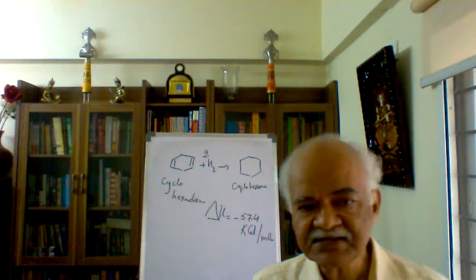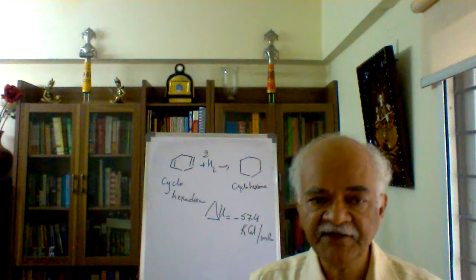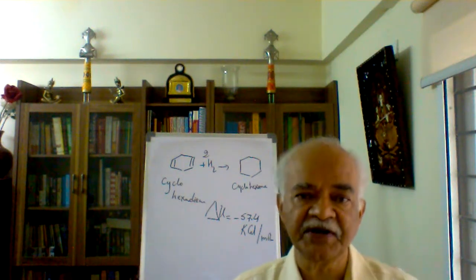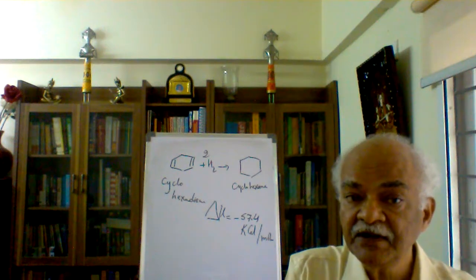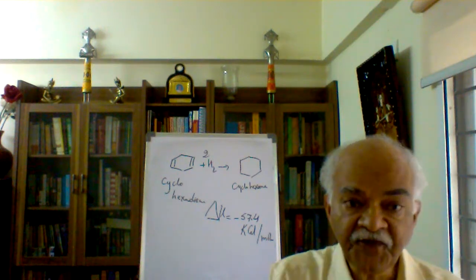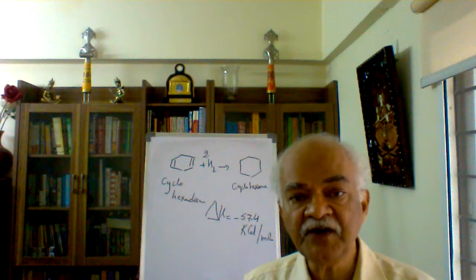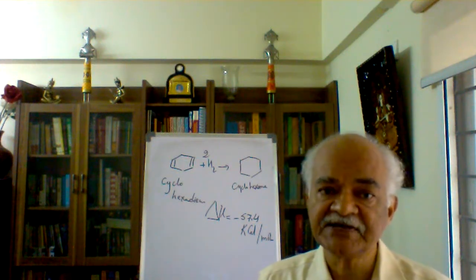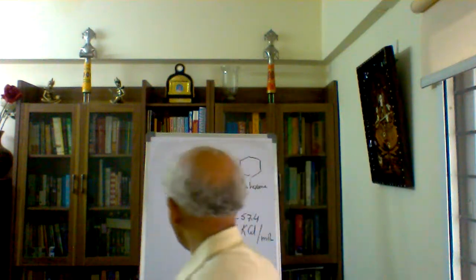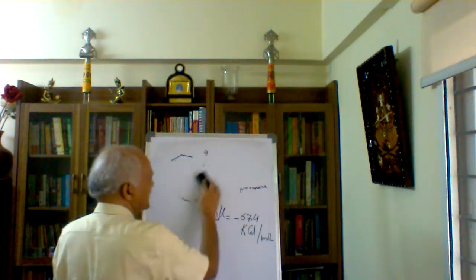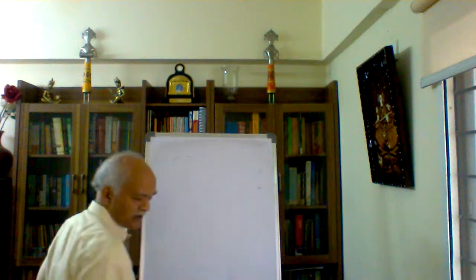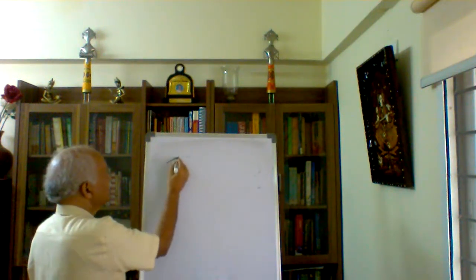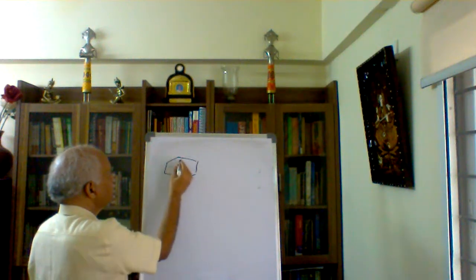Nothing unusual, nothing surprising. Now what I wish to do is, instead of taking these two double bonds isolated, convert that to a conjugated system. Therefore, now instead of taking 1,4-cyclohexadiene, I wish to take 1,3-cyclohexadiene. So what does it mean? I will rub this off and rewrite the entire thing. I will take now cyclohexadiene with 1,3 locations here. So my molecule should look like this.